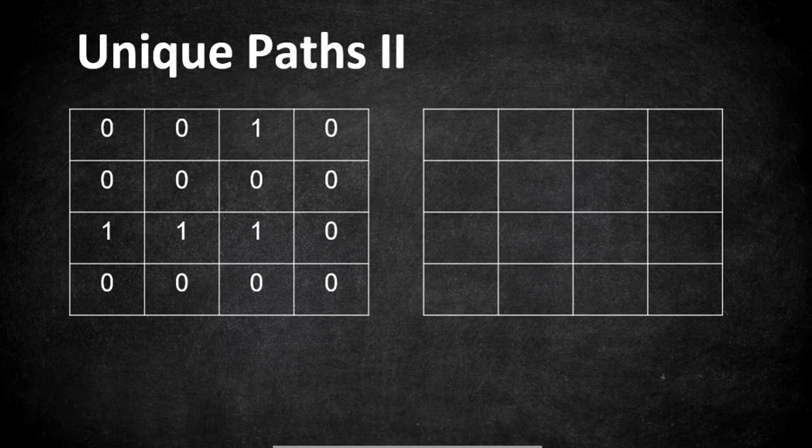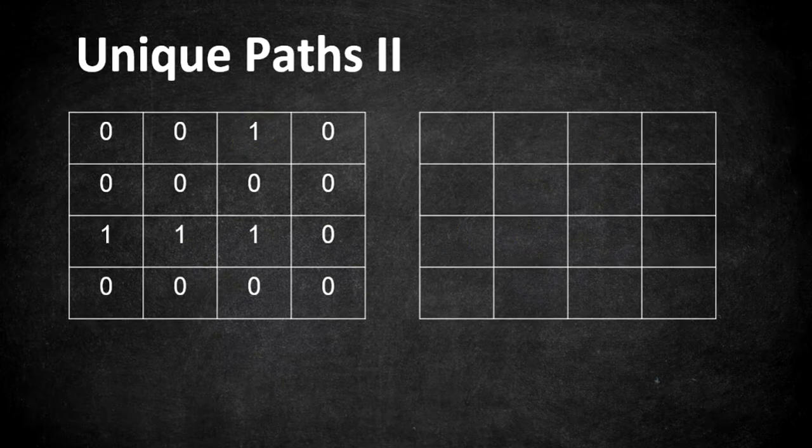To start with, the first base case we know is that if there is a 1, that is, if there is a block, then we cannot reach that cell at all. In that case, there are 0 ways to reach a cell which has a block. So simply wherever there is a 1, we are going to fill in zeros. This is our first case. Now the second case is what is the possibility of reaching the cell 0, 0? There is only one possibility because we start from that cell. We are not coming from the up cell or left cell to have many paths. So the value at 0, 0 is going to be 1.